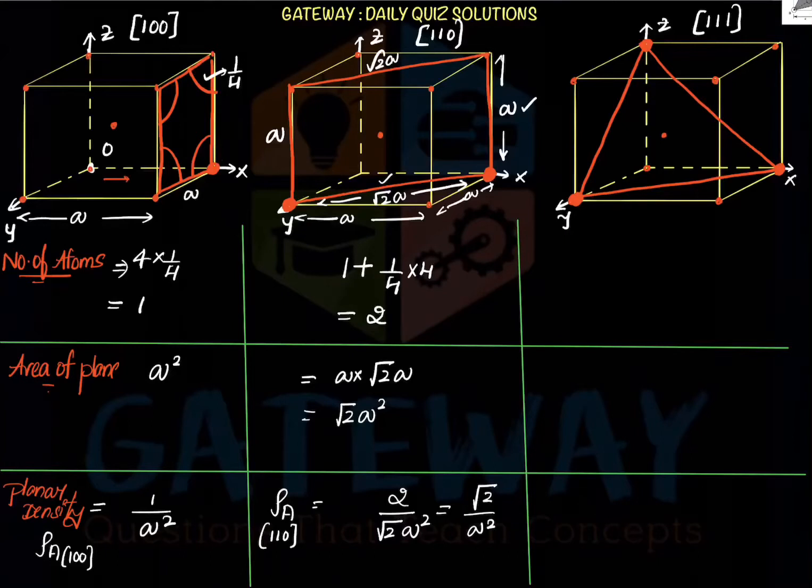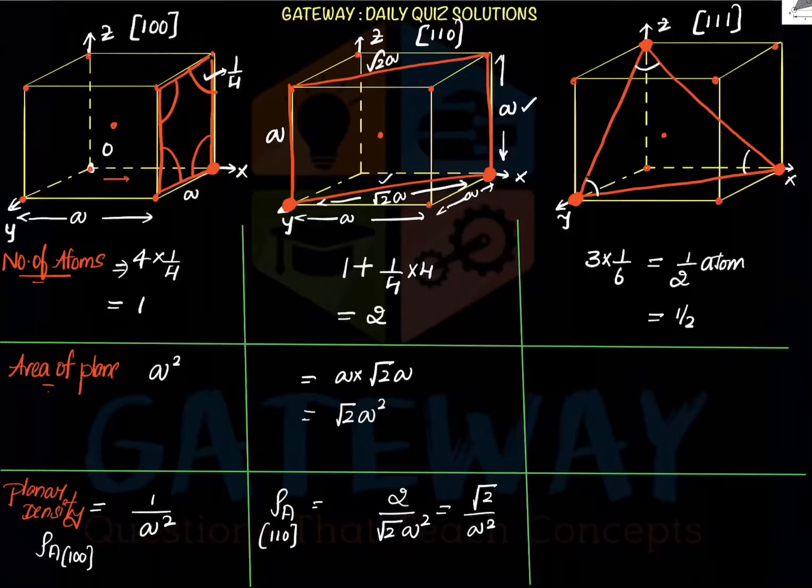Here the number of atoms will be, at each corner it will be an angle of 60 degrees, right? So at each corner it will be an angle of 60 degrees. Then each corner contributes 1/6 of its part. So the 3 corners into 1/6 of its part, and there is no intersection of the central atom. So it will be having only the contribution of half of the atom. So the number of atoms here is 1/2.